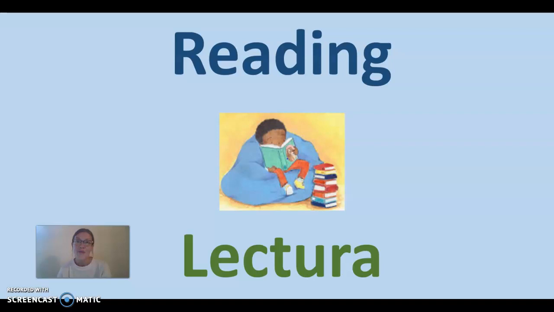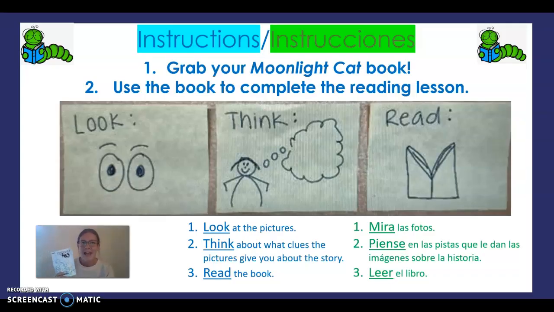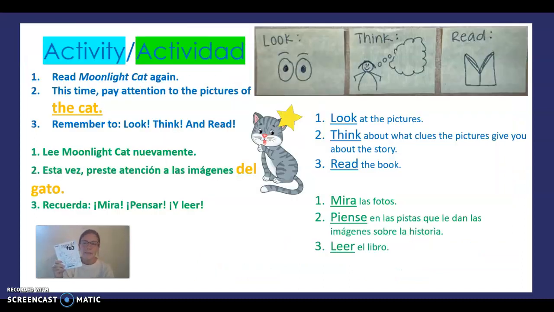So for reading today, we're actually going to jump right back in to Moonlight Cat. I hope you guys really loved reading this yesterday because I know I did. I love cats. And so you guys are going to use this book to complete our reading lesson today. We're still working on that same strategy. We're looking, we're thinking, and then we're reading the pages. We're looking at the pictures, we're thinking about what those pictures are telling us, and then we're reading the words on the page. So you're going to grab this book, but this time I want you guys to do something